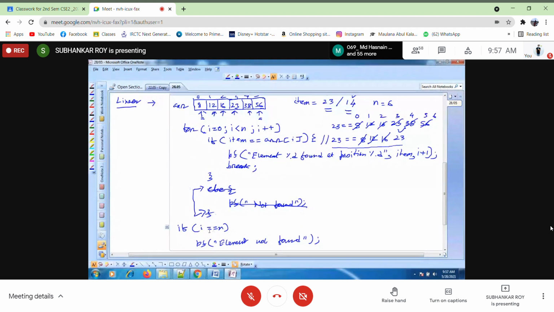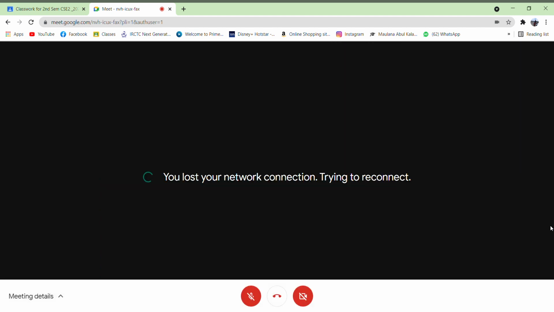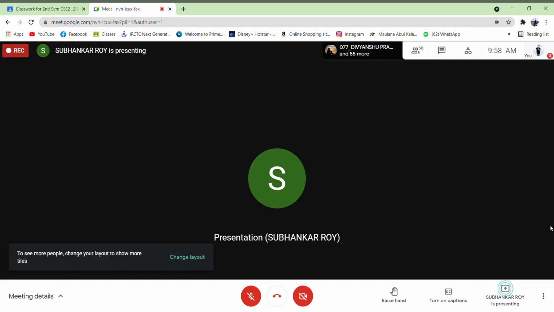Although it will break out of the for loop, this condition will never be true. That's why break is very important here.